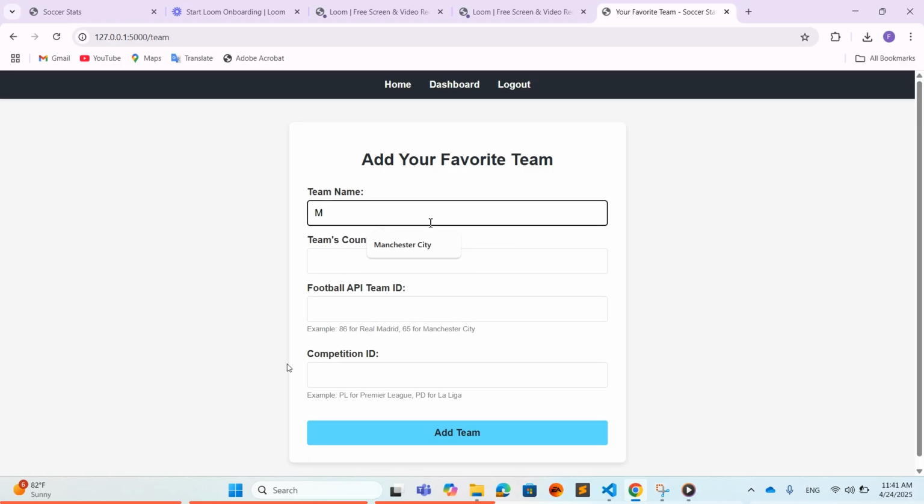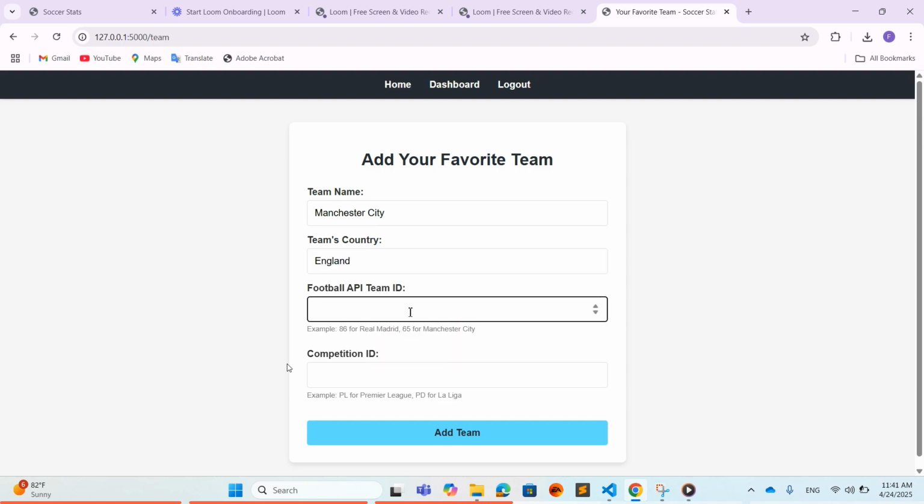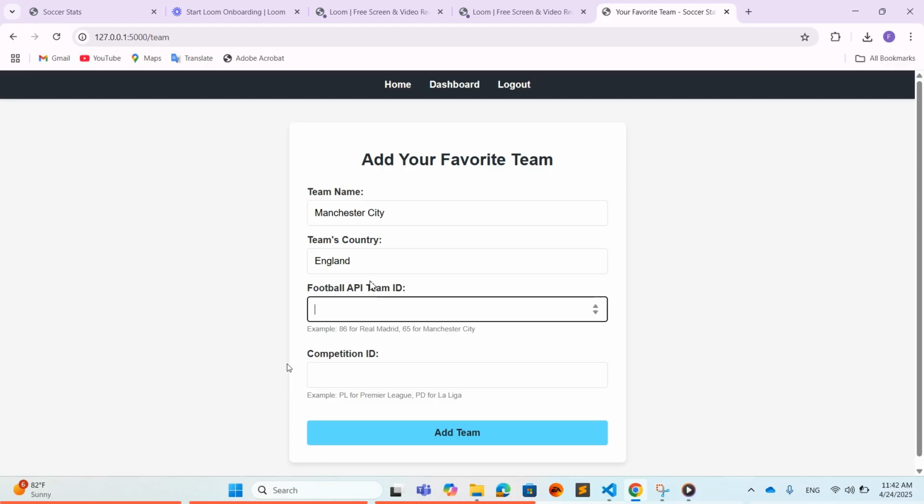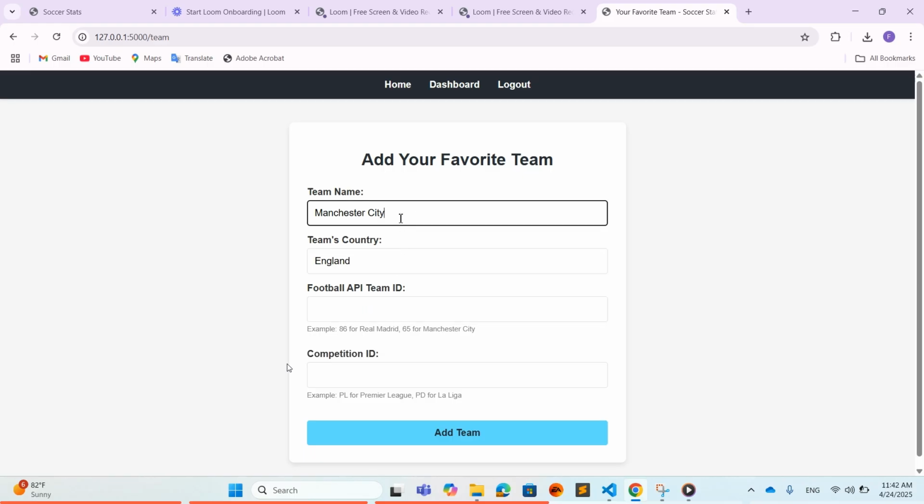I can enter Manchester City in this team name, and then the team country, which is England, and then I can enter the football API team ID. Now, the key thing to know is that obviously there will be times where I will misspell the team name or maybe misspell the team country. What's cool about this football open source API is that it uses a team ID. So even if both of these fields are just left blank, nothing,